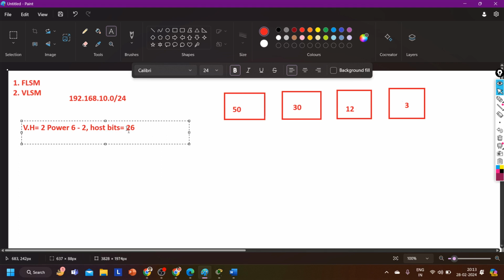Correct. That means the slash value is 26. Right. So you will get 62 valid hosts. 62 valid hosts. Right. So that is fine for your department 1. Then guys, what will be the network ID? 192.168.10.0/26. Right. And the next network is